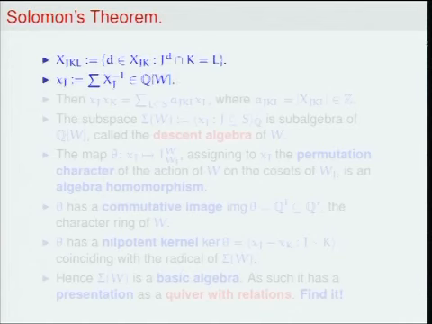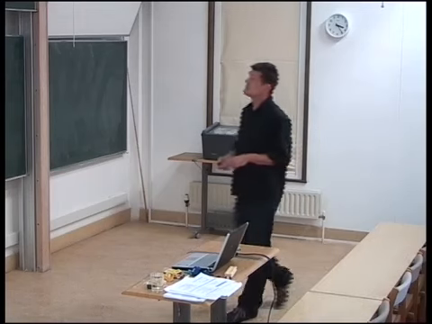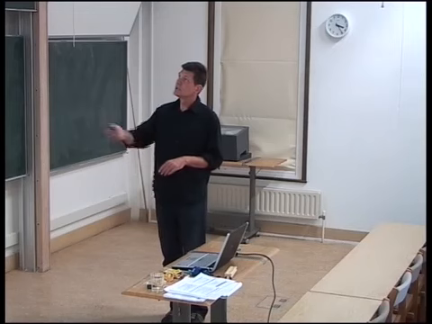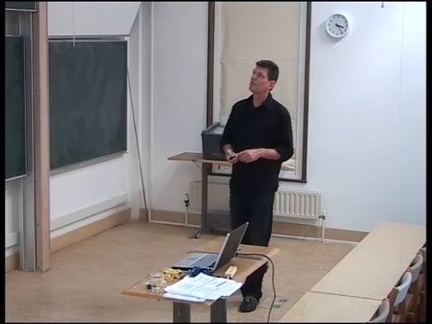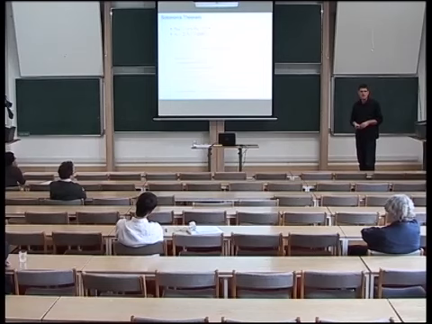One more piece of notation. Little x_J is the sum over capital X_J inverse, inside the group algebra. I don't care too much about the underlying field. We let it be the rationals. So it's the group algebra over the rationals. Little x_J is the sum over the left transversal for W_J inside the group algebra.